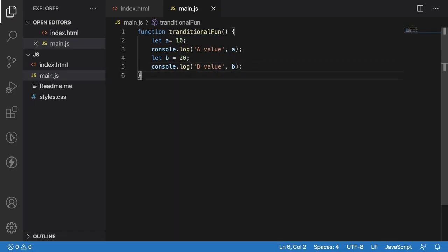So how to call a traditional function? We all know that just with parenthesis and the function name we can call the traditional functions.